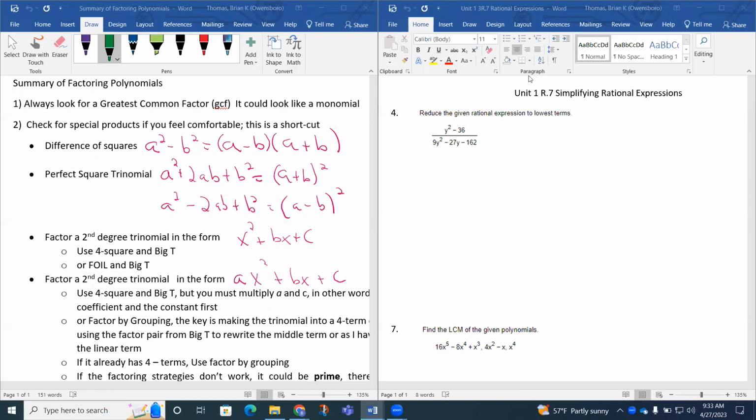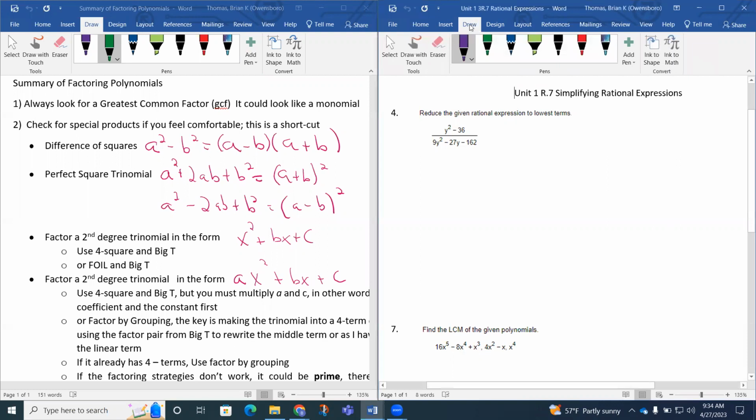So in this section here, we're going to be simplifying rational expressions, which basically is reducing fractions, is what we would call it in more lower level maths. So simplifying rational expressions basically means reducing fractions. So remember, if I gave you, say,